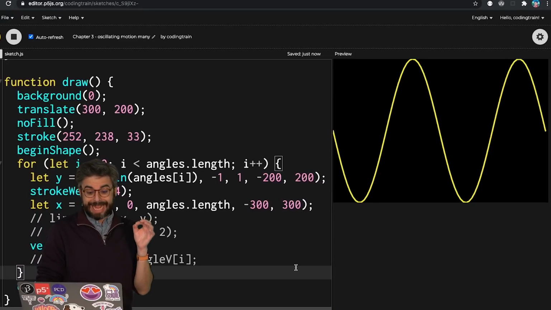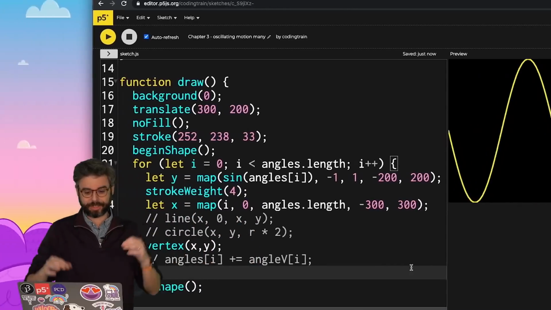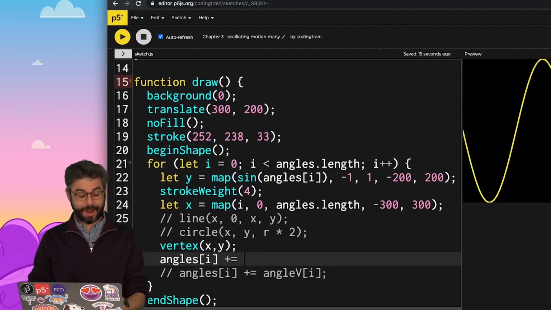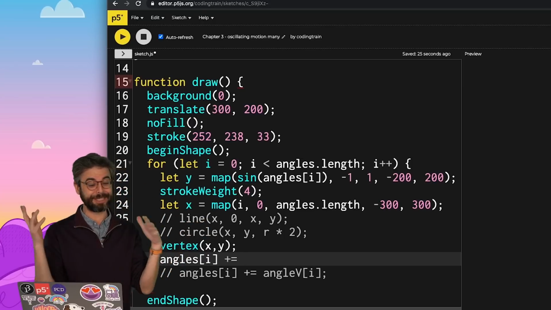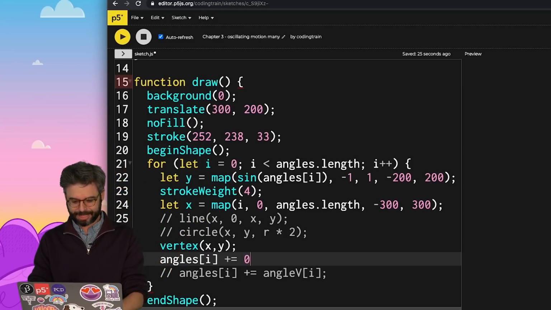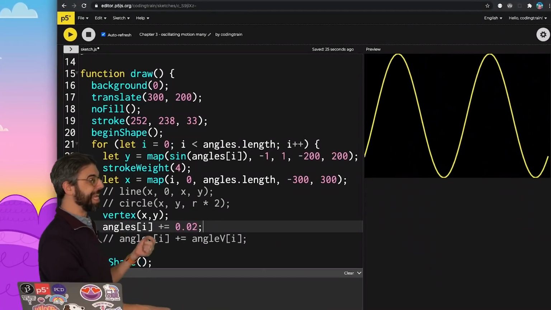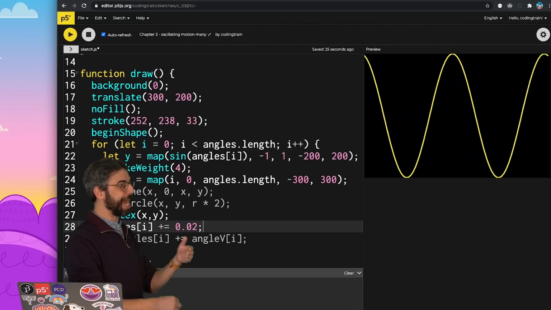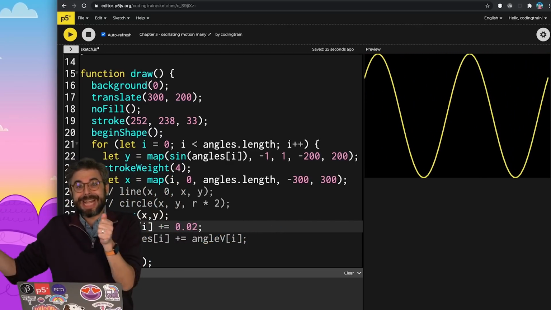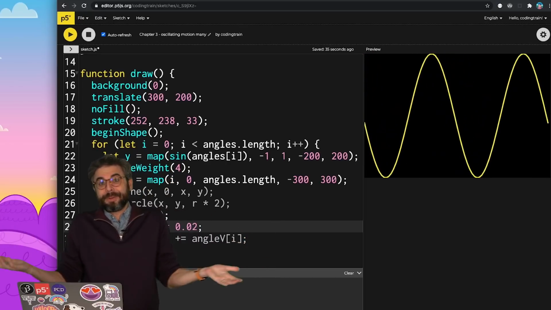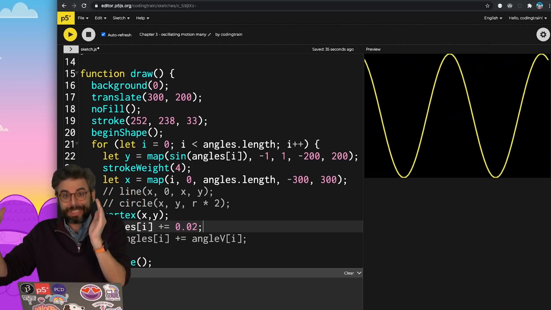Now I can go back and add in the idea of incrementing each angle for each position as well. Now, I encourage you to try variable increment values like I had before. You'll get all sorts of strange artifacts and patterns. But I'm going to simplify things and just have them move together, which ultimately gives the quality that makes it look like I am panning across the wave. Essentially, I'm sliding the wave across, which is ultimately what I'm doing. They're each starting at a different angle. Then each angle changes. It's like shifting the thing.